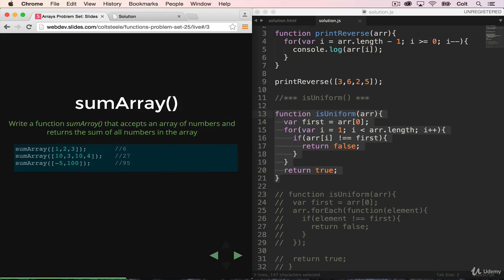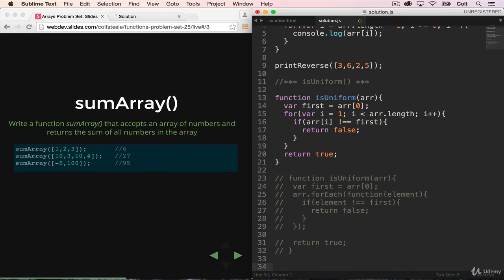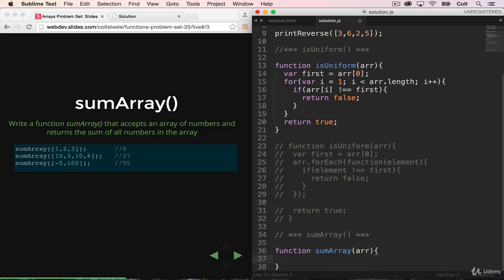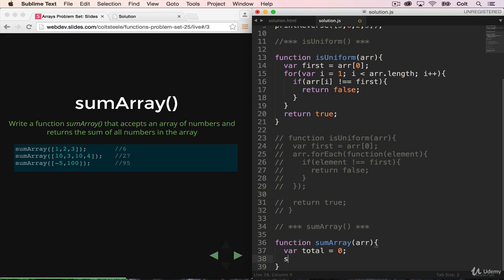Next up, we have sumArray. So sumArray takes a single array and it sums every item inside of it. So we're going to start with my comment, sumArray, and I'm going to declare the function sumArray, which takes a single array. In this case we need to make a variable to hold the total, and then we need to loop through the entire array and add to that total. So I'll start with my variable total equals 0,